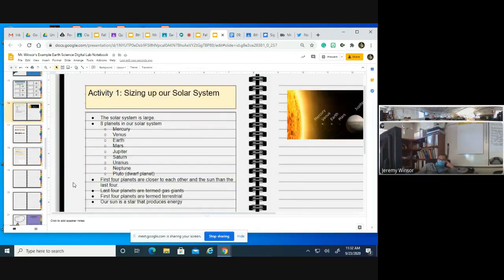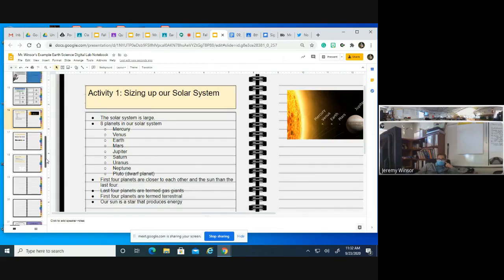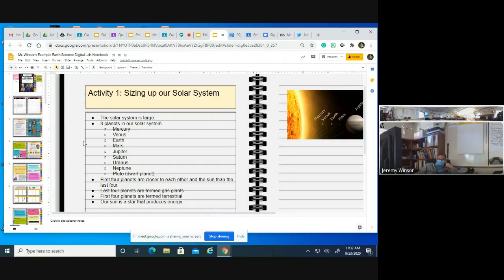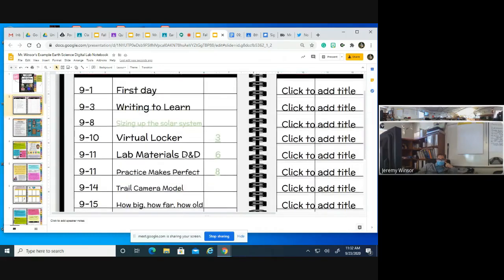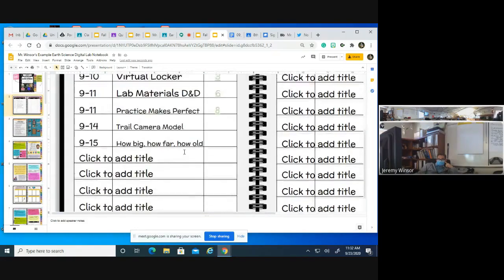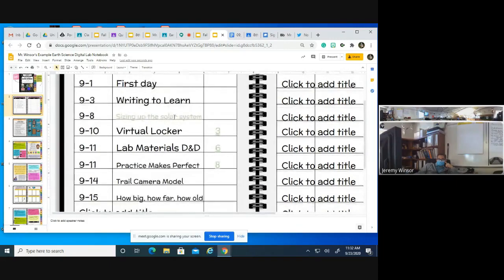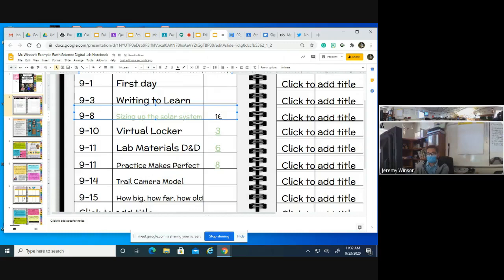Also recall that we have a table of contents. So activity number 1, sizing up our solar system. I'm going to go all the way back here to my table of contents. I put our sizing up the solar system activity on there based on the date, but then I never put a page number. In our lab notebook, it was page number 16. If I write 16 in there,